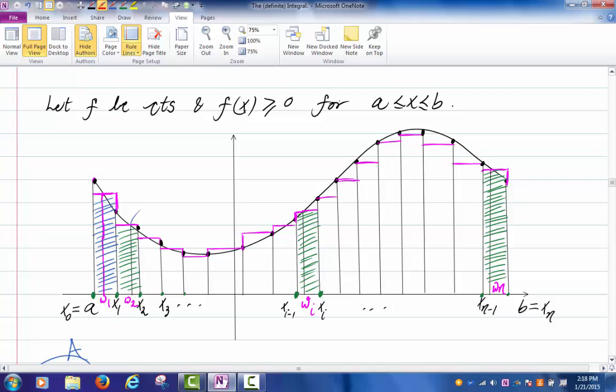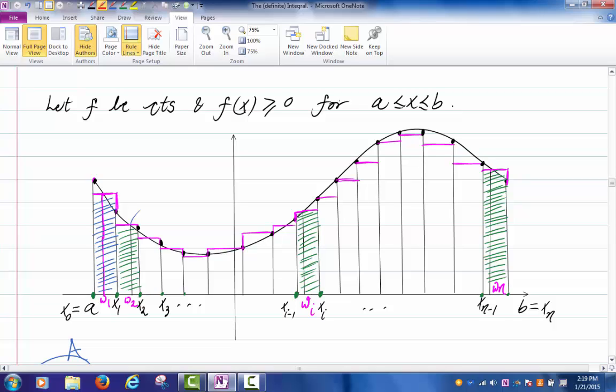So think about the summands of the Riemann sum. What was the first summand? The first summand was f of w1 multiplied by delta x1, which is the length of the first subinterval. Geometrically, what does it represent? Well, what is f of w1? f of w1 is the height of the graph at w1, right? You agree with that? So f of w1 is this height, and then I am multiplying that height with the